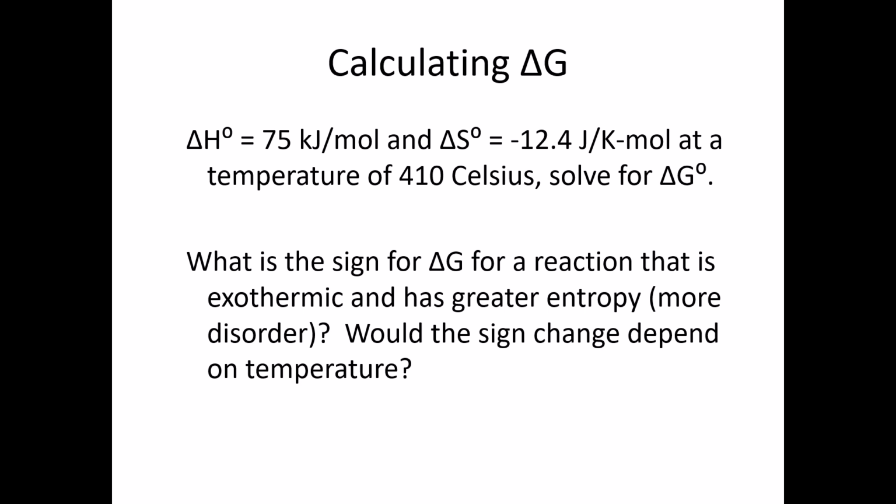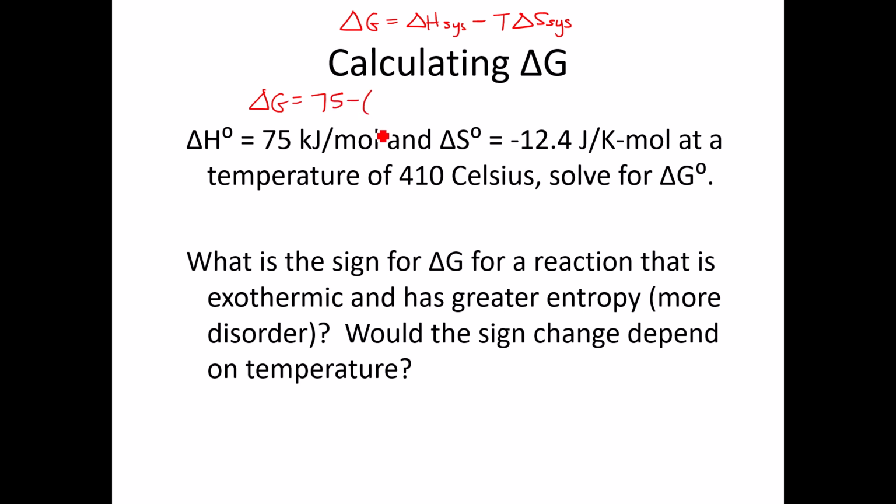Alright, so let's look at finding this delta G value. Based on our equation, to find delta G, we only have to know delta H for the system, delta S for the system, and a particular temperature that we're interested in. So if we look at this first example, if I fill in 75